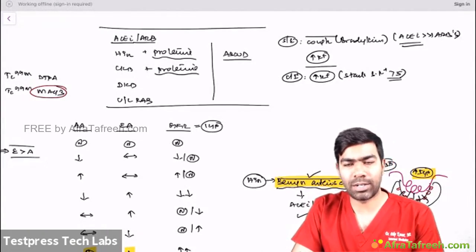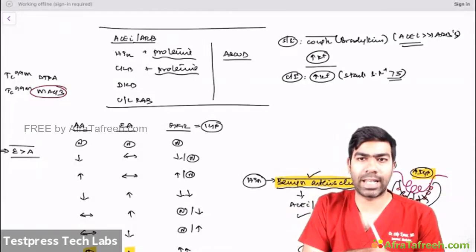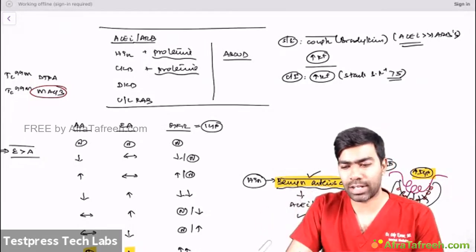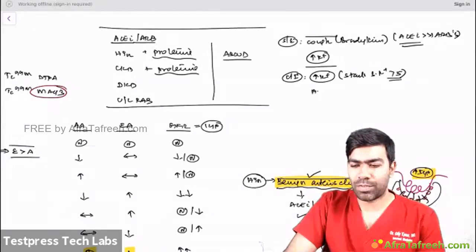For stopping ACE inhibitors, I can keep a cutoff of 5.5. Beyond 5.5, I can stop if the patient is already taking it. But to start, more than 5 is a contraindication. You cannot start. Any hypoperfusion states,